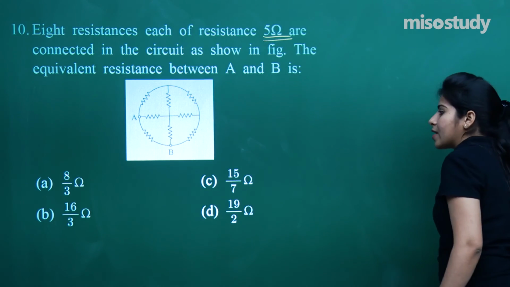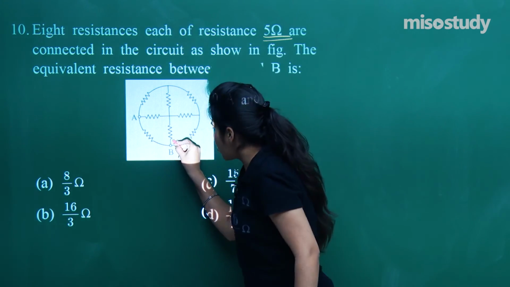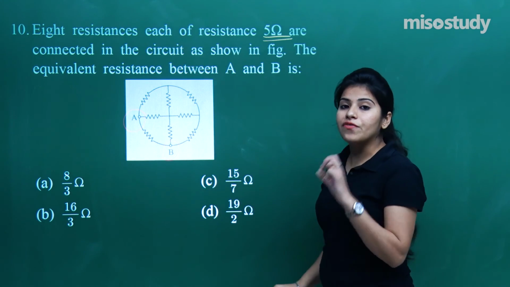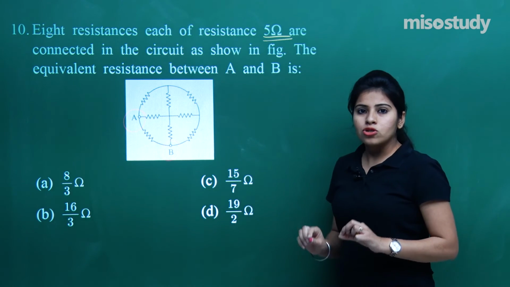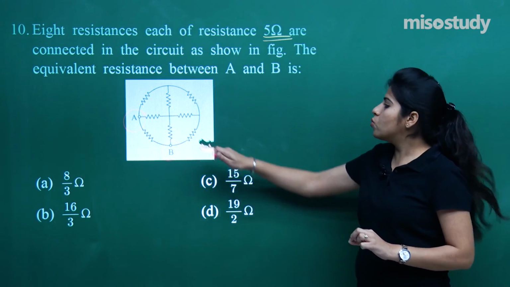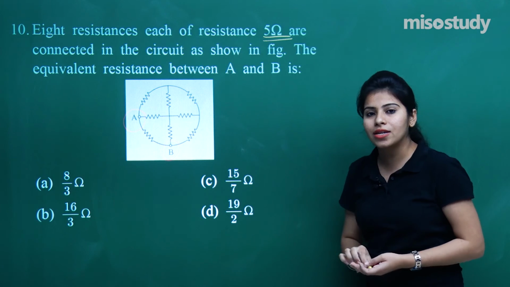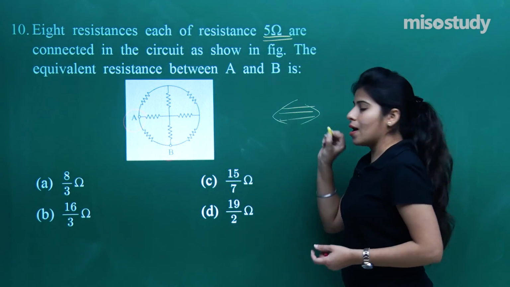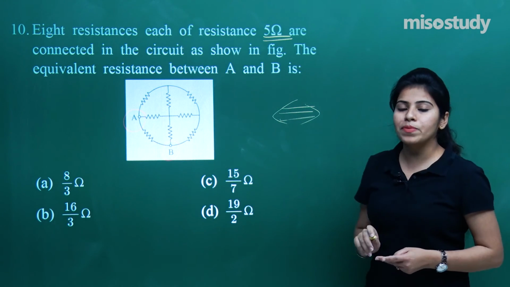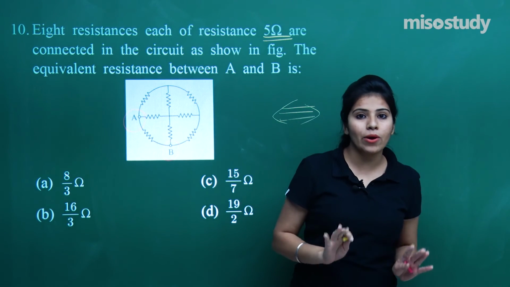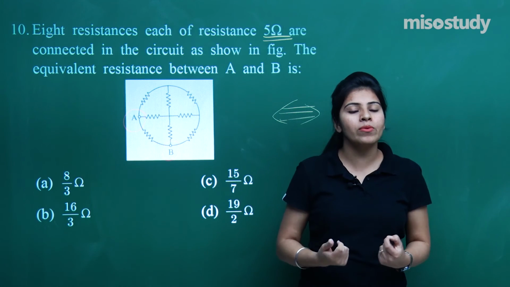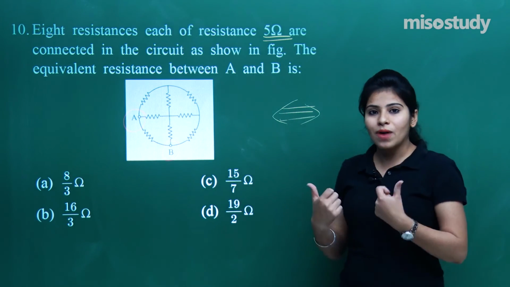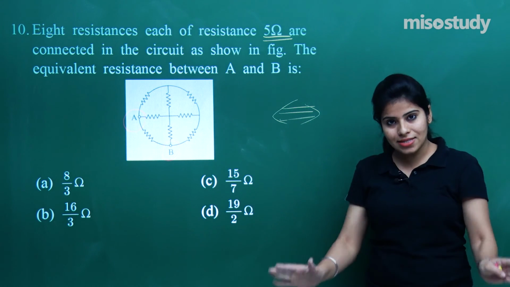Focus on the 2 points A and B. This is your point B and this is your point A. We have to find the effective resistance between them. So now you can simplify this circuit like this that I am going to show you, and then you will be saying, ma'am, now it has become a very simple circuit, I am able to solve that on my own. And that will be a happy moment for me, because that means my work for you has succeeded.